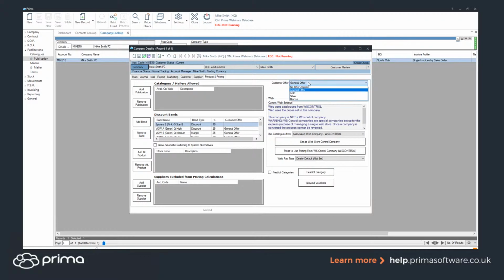And we've got a general offer set up here, and we've also got gold, silver and bronze, which is a way that you can be flexible. So this is something that we've set up as a default. You don't have to use gold, silver and bronze. You can set up whatever you want, and that's done through the admin. If I just close out this company and we go into the administration,